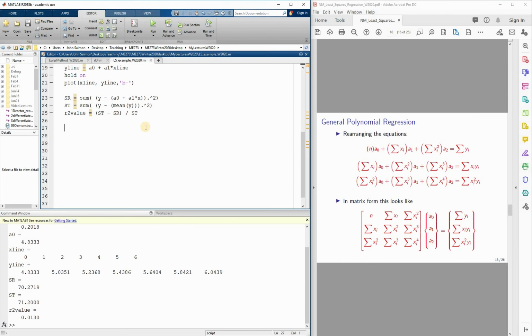So let's make our big A matrix, okay? And based upon the formula on slide 16 of the presentation, we see that the first element in the first row is going to be the length of the vector, which of course is the number of data points. We know what the second element is. It's the sum of all the x's. And the third element in that first row is the sum of all the x's squared. And of course, since x is a vector, we need to make sure that we dot it so it goes